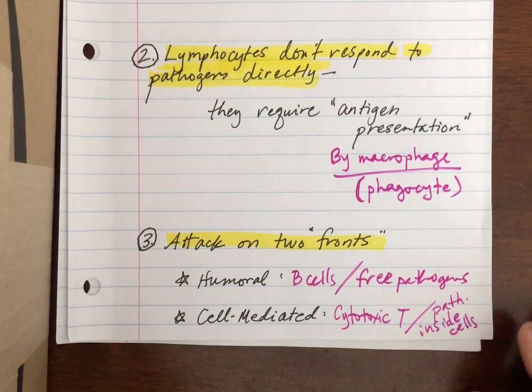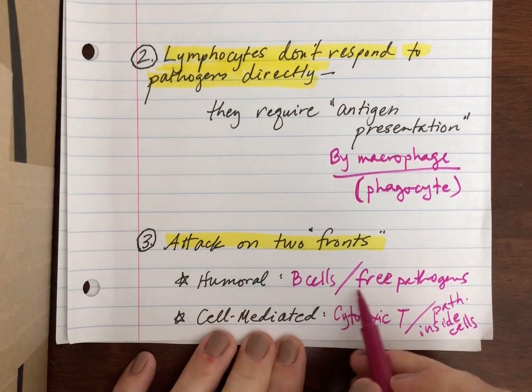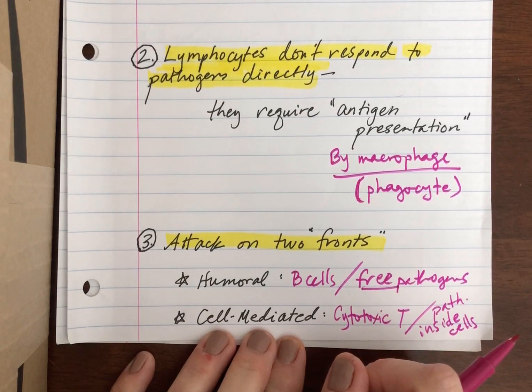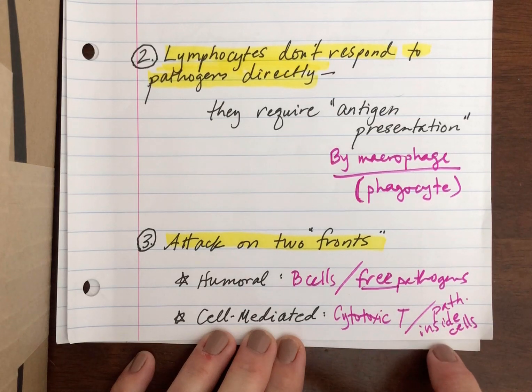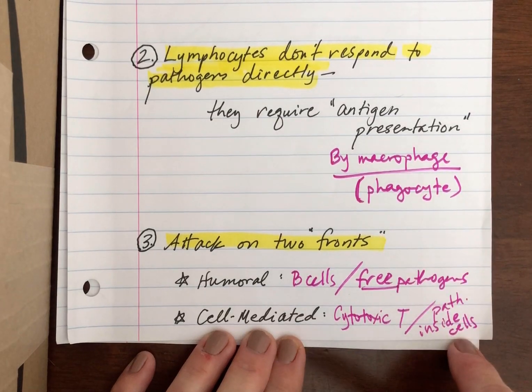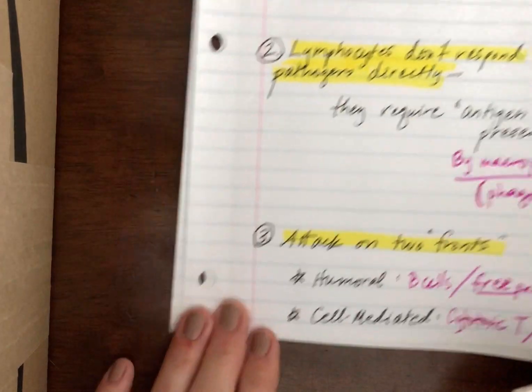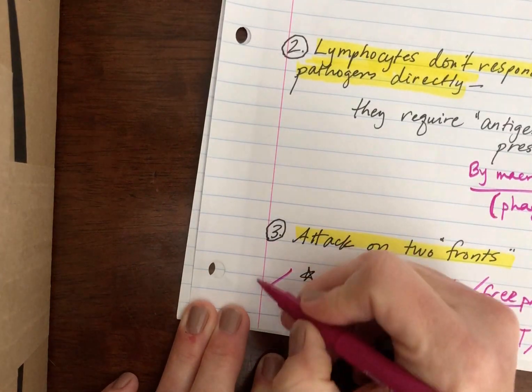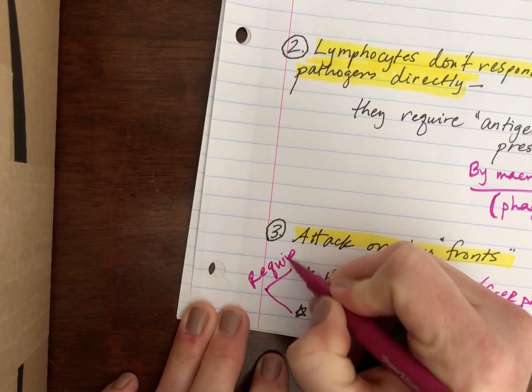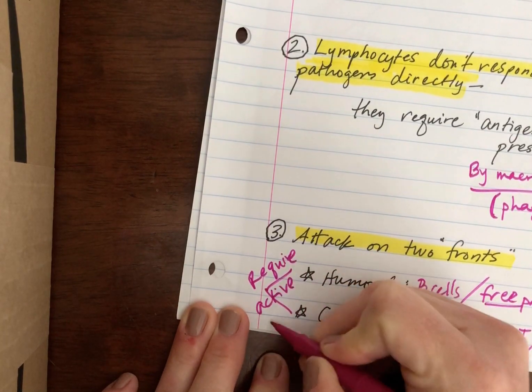So if we just take the coronavirus, the virus is going to be found free or unattached to cells in the human body in a person who's infected. And it's also going to be found inside body cells, particularly the cells of the lungs. And so because these pathogens now exist in 2 locations, 2 different types of attacks are going to have to be launched. Both of these require an active helper T